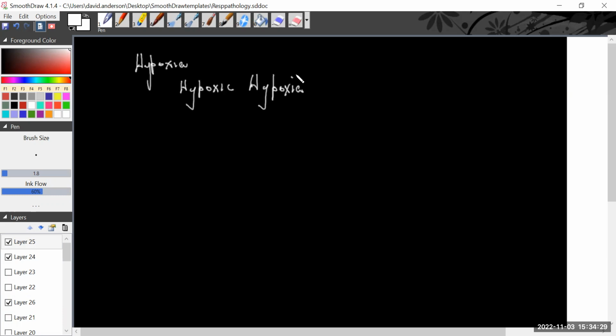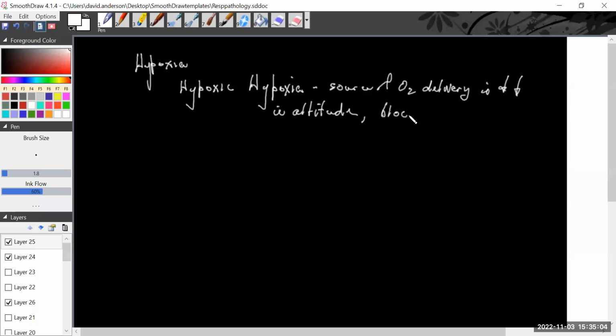So in situations where there's a blocked airway, if there's high altitude, so we're talking about scenarios where the source of oxygen is reduced. So altitude is a good example of that. A blocked airway, that's what's happening in our